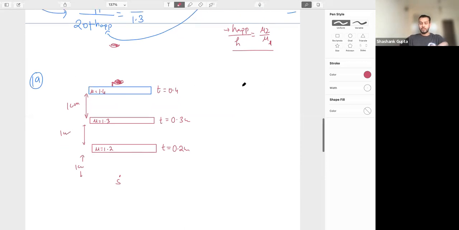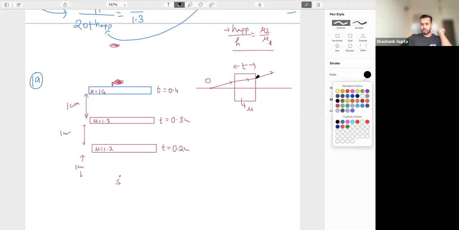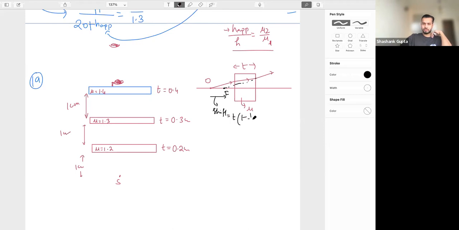So first understand about the slab. What is one thing that you must have studied? If this is a slab, T is the thickness and refractive index mu is given. If this is the object, two refractions happen, from air to the slab and then from the slab to air. But eventually we studied that finally there is a shift. Rays go like this, then like this, then again like this. We studied the final ray which comes out. If we extend that ray in the backward direction, this is the image of the object, and this shift is given by T times (1 minus 1 upon mu).